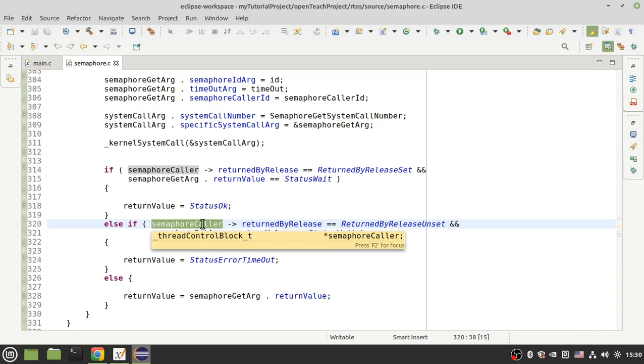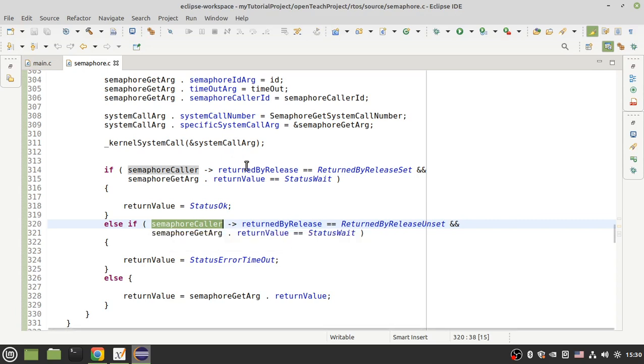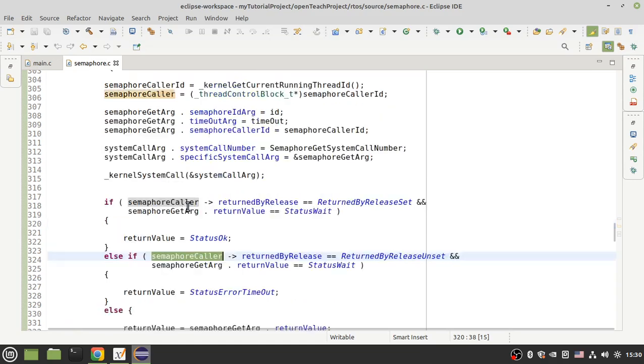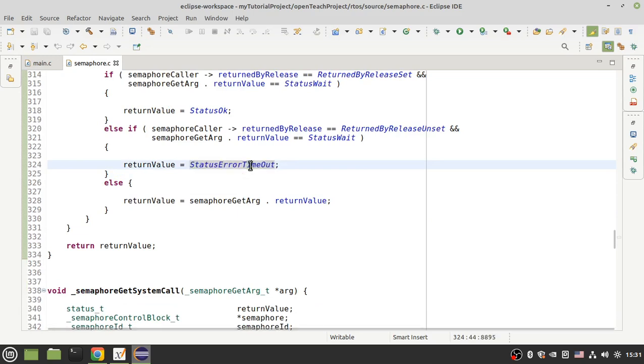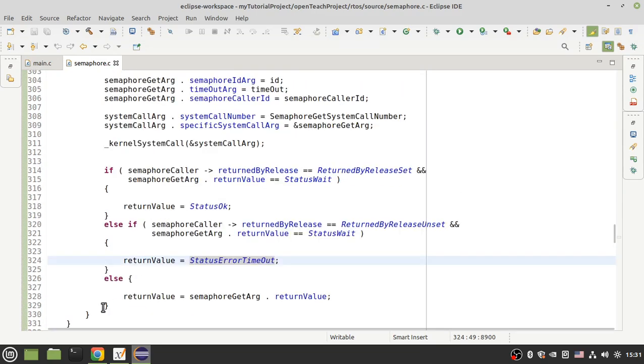And at this time, getting the semaphore was not successful. semaphoreGet returns a status error timeout. This means that until the timeout, no other thread released the semaphore. Okay,